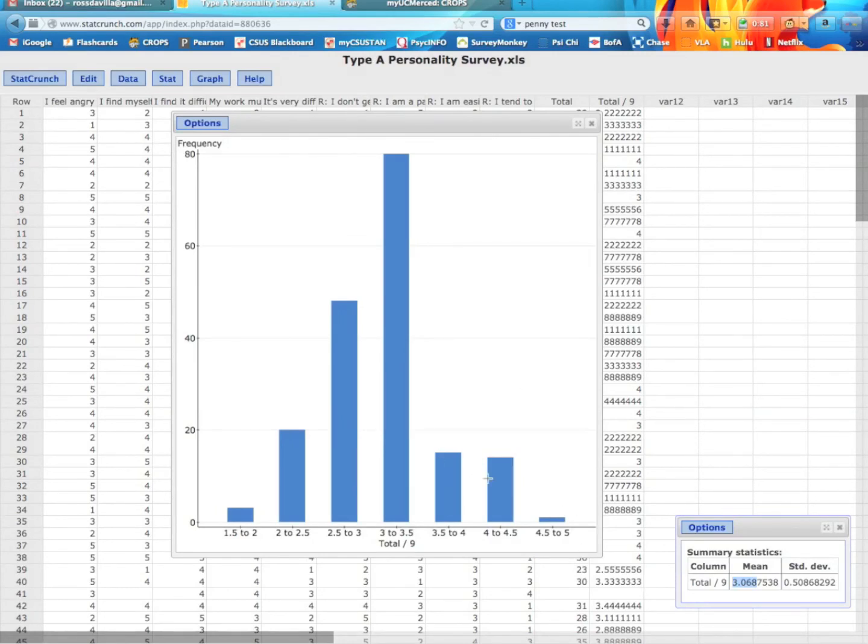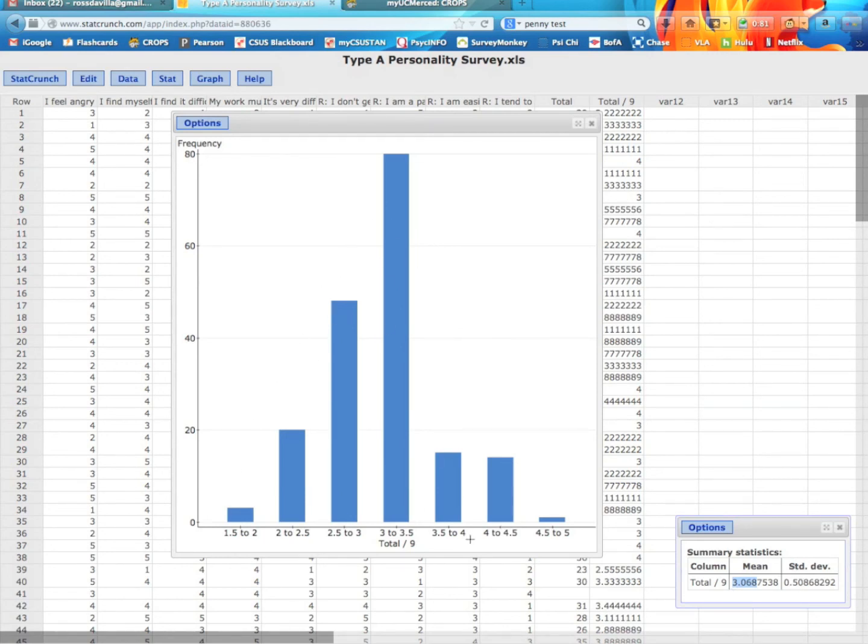So in that way, it's probably not too unexpected that we didn't get too many who are really, really strong type A personalities. But anyway, just to summarize everything we've done, we have the total scale in StatCrunch. We've created reverse score items. We did split half reliability, Cronbach's alpha reliability, and then created this average of all the items so we could see the mean, standard deviation, and the relative distribution of all the items.